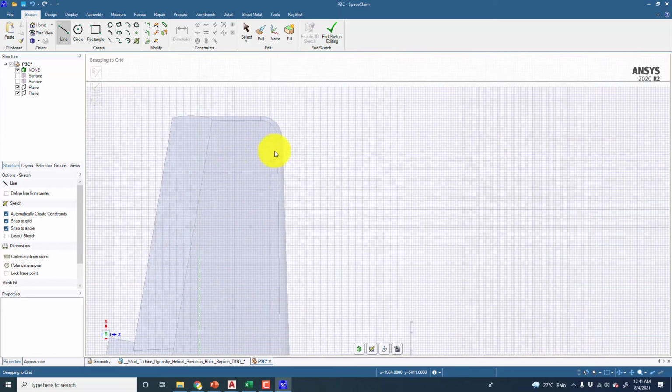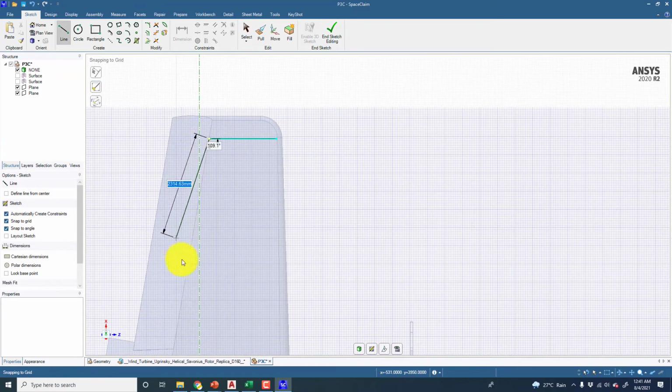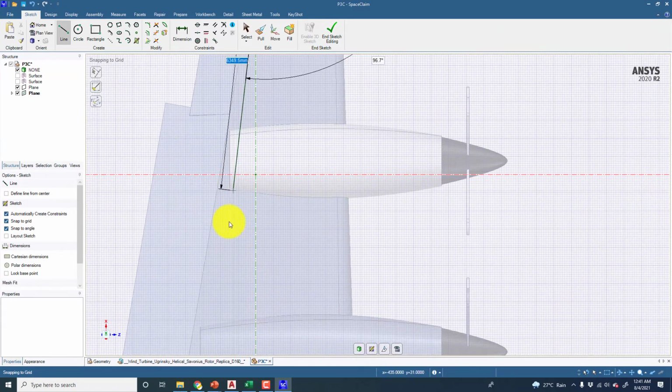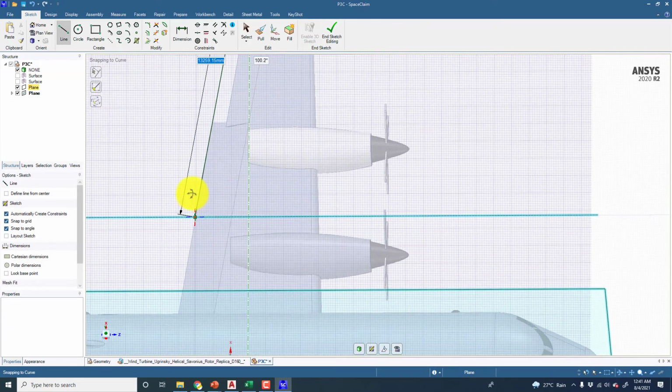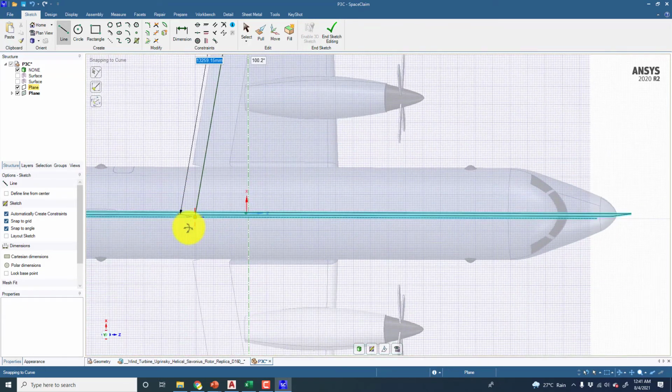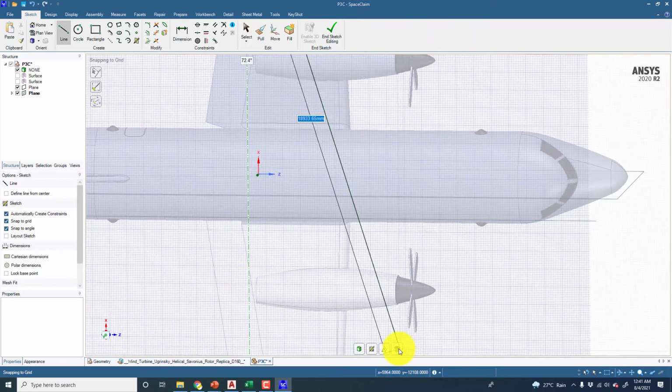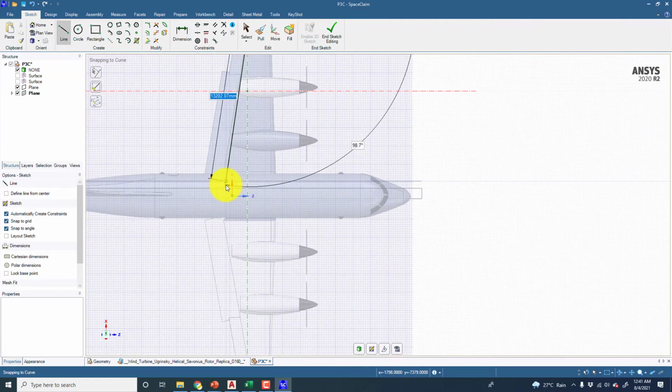So I will start from this location. This might be a slight approximation, but this will give you a very clean shape here. Okay, so again, click on locate.